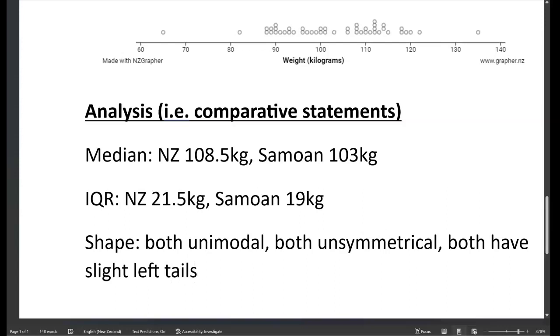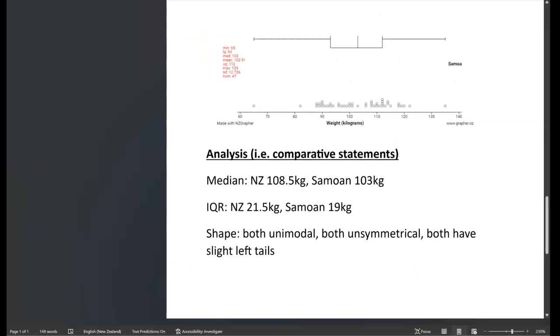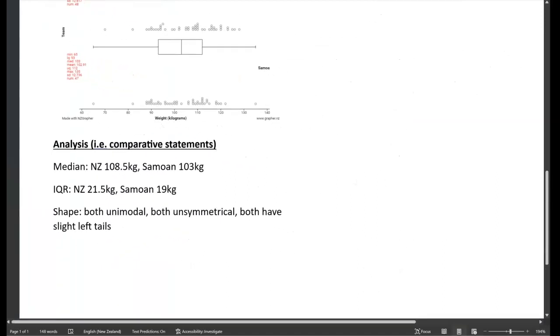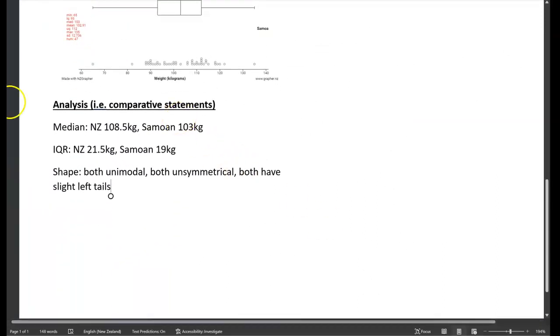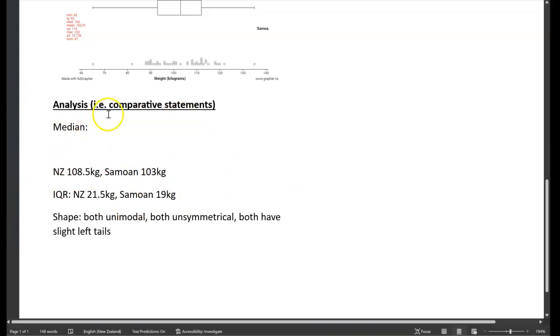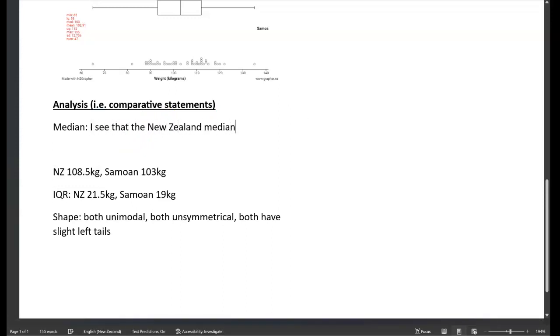Okay, so I've got my key information. I now need to convert this into my comparative statements, my statistical wording. So let's start off with the median stuff up here. Let's get rid of that. I'm going to start off by talking about the New Zealand median being 108.5 kilos. So I see that the New Zealand median